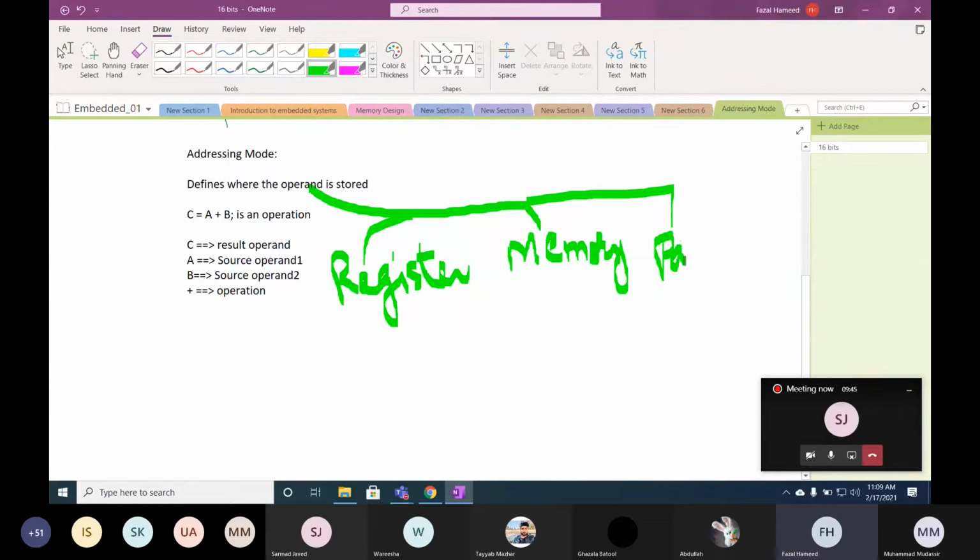I will elaborate this later on. Before explaining the addressing modes and where the operands are stored, we have to define our architecture,